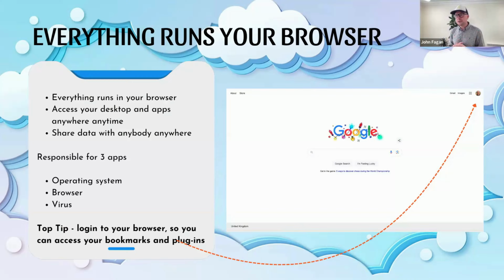And the cool thing with the browser, you can access your apps and desktop everywhere, anywhere you go. When you're in the office, home, anywhere, usually on any device as well, because a lot of those web applications are now responsive, so they shrink. That's what you say when responsive. So you can log in on your phone, iPad, desktop, on holiday, or at work, at the hotel, whatever. Makes it super easy.